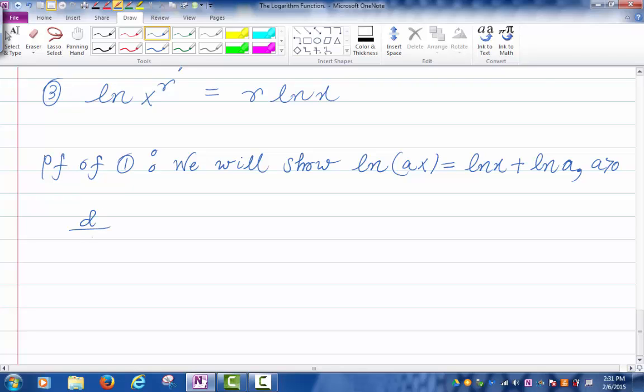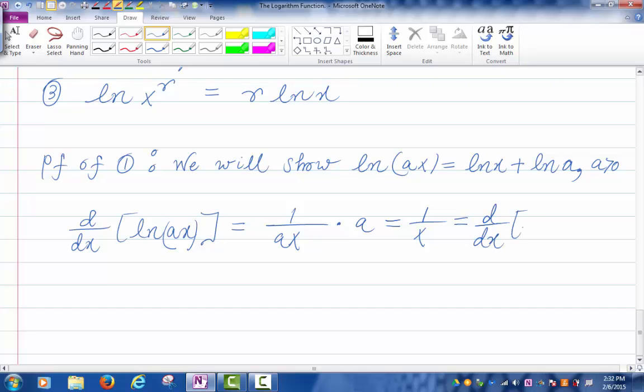What's the derivative with respect to x of ln of ax? Can someone tell me what that derivative is? Do I have to use chain rule? What I have here is ax, right? Not just x. So if ax were just x, what's the derivative? 1 over x, right? If ax were just x, then the derivative would be 1 over ax. But ax is not x, so I have to multiply by the derivative of ax, which is a, but that reduces to 1 over x. However, isn't that just the derivative